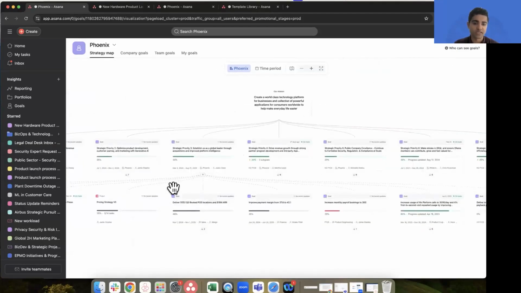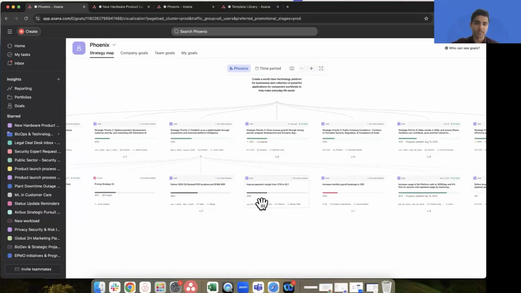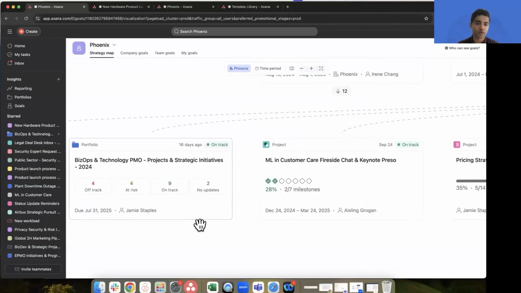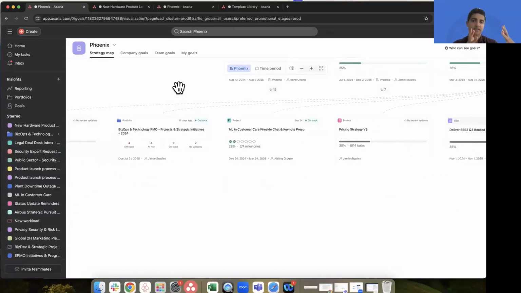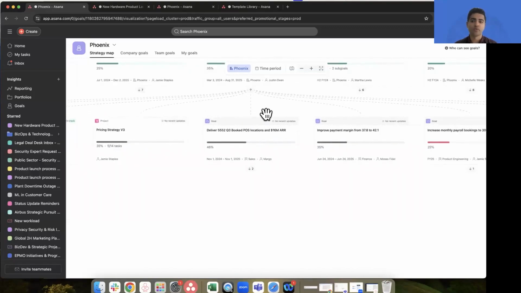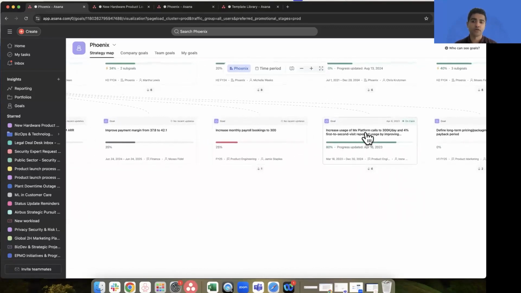We can open that and see all the sub-goals, which we can keep cascading down and opening. We can also see the portfolio of work that was connected, and the project we were in earlier. So now when leaders are trying to understand how the work happening at the grassroots level of the organization is laddering up to their goals, and how their goals are cascading down to the actual work, we can see that in a much more intuitive way.